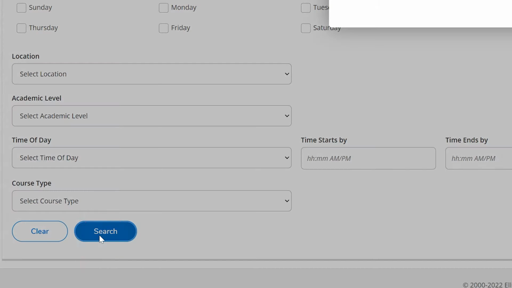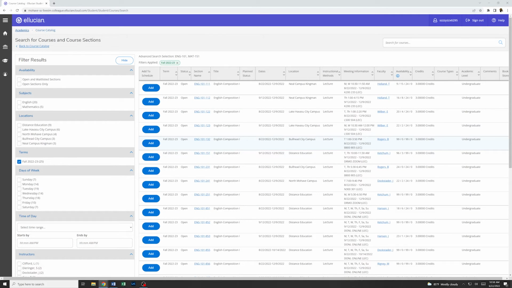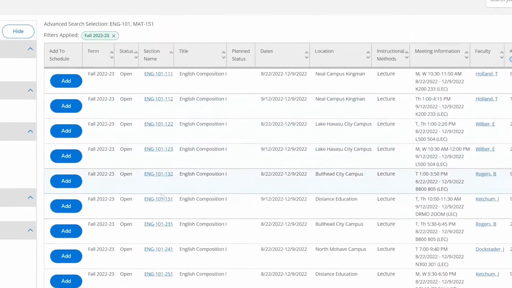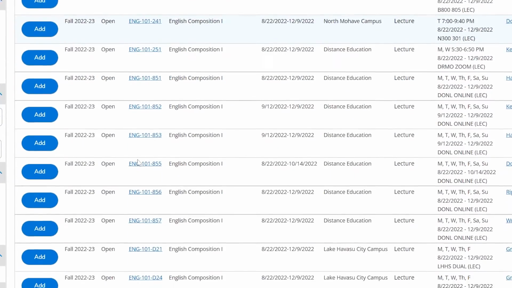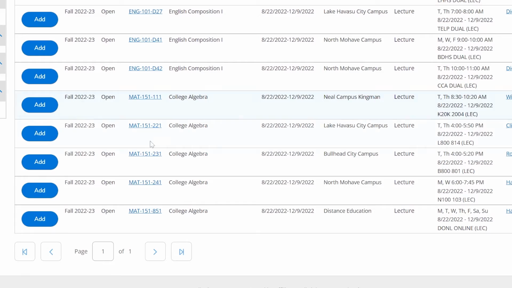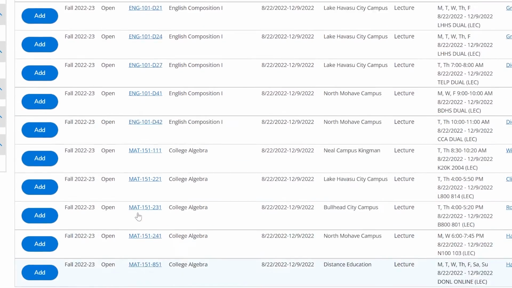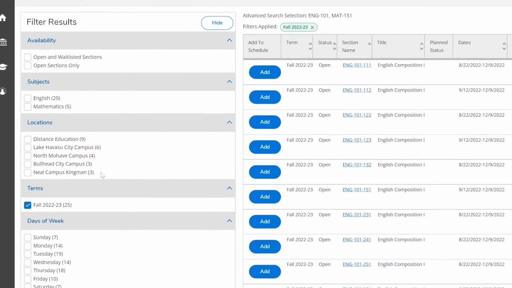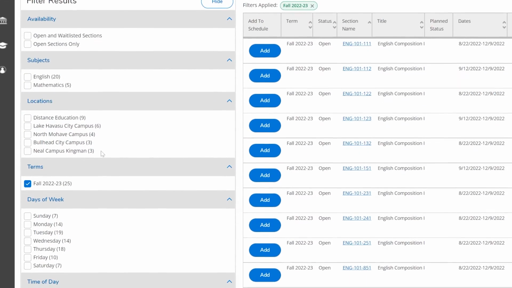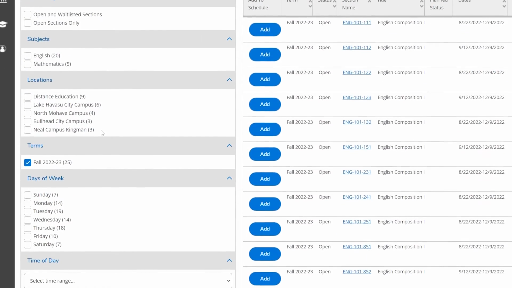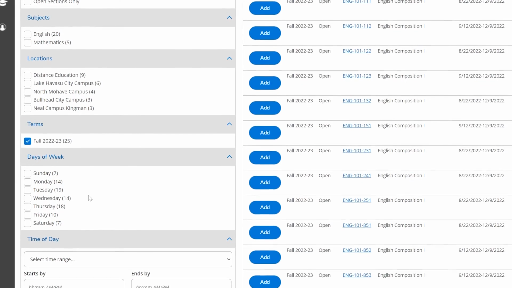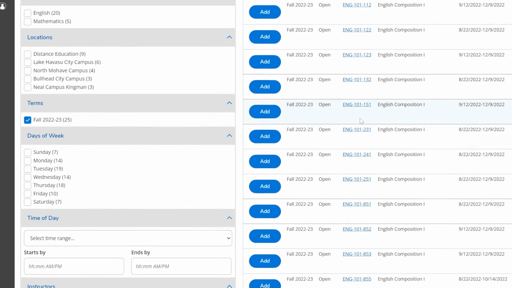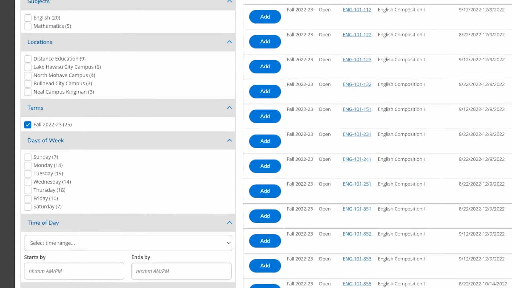Once you click search, it's going to pull us up the listing view, and it's going to show us all the English 101 classes, as well as all the Math 151 classes that we have available. I also want to point out that we have a filter on the left, so any changes you need to make that you didn't make on that first screen, you can come back here and choose a filter that fits your needs to help limit the listing view that you see here. I'm going to go back now